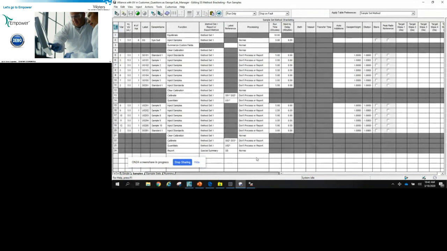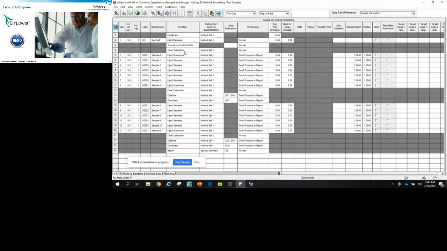The question has to do with the label column, the label reference column, and also the processing column. I'm just going to paraphrase the question because it came in a few times with slightly different wording. But essentially, what is the purpose of these fields and how do they work?